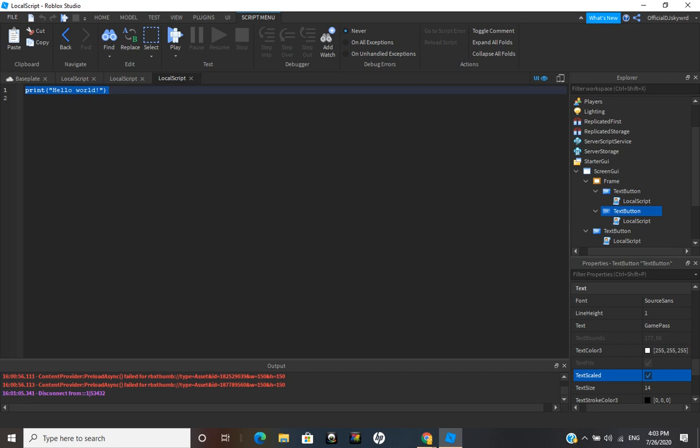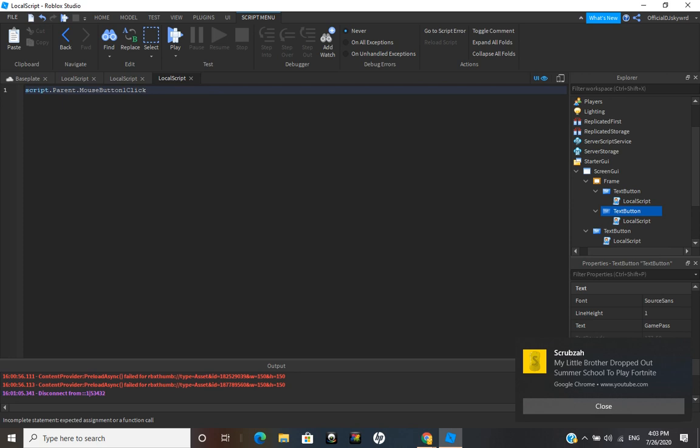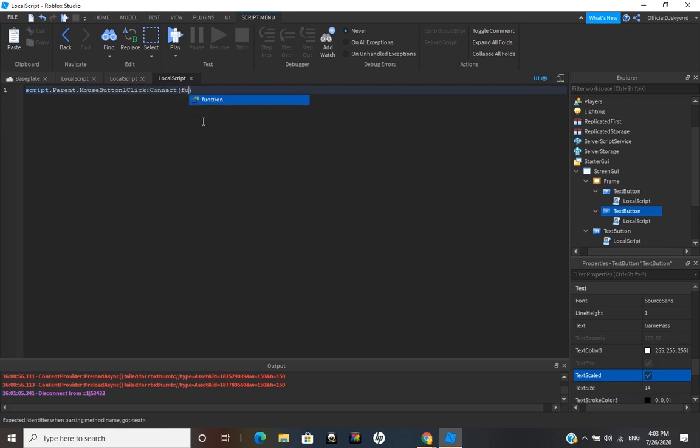So we're gonna type in again a local script. Again, we're gonna do script.parent.MouseButton1Click:Connect(function), and then just those parentheses. And now once we're done with that, we're just gonna do that, and now we're gonna do local